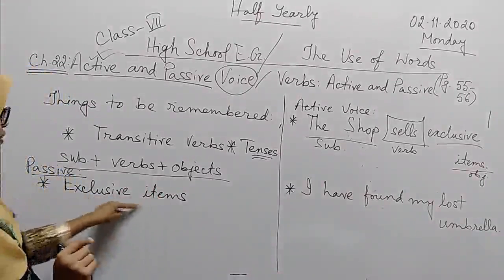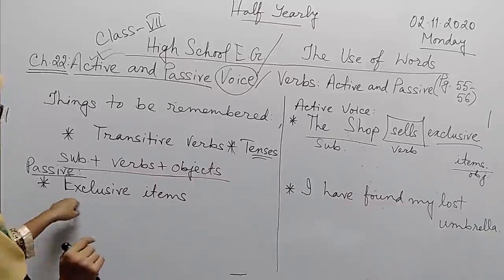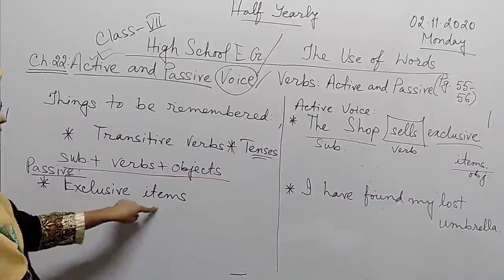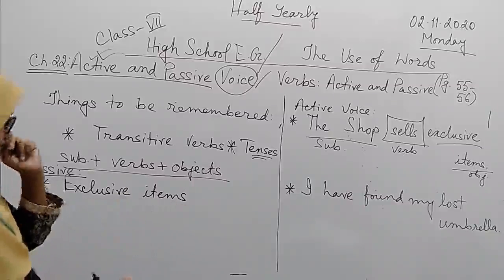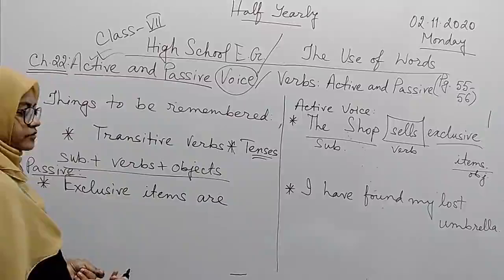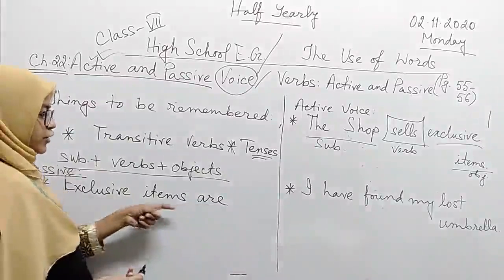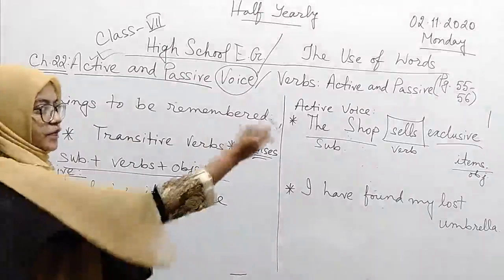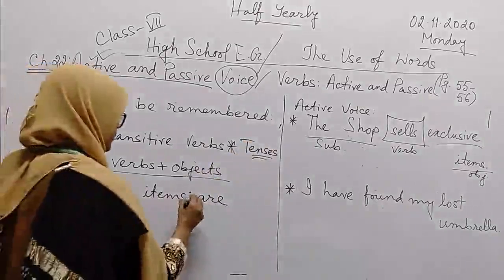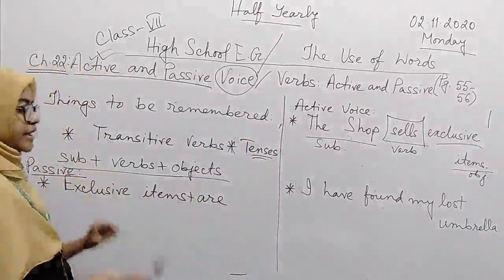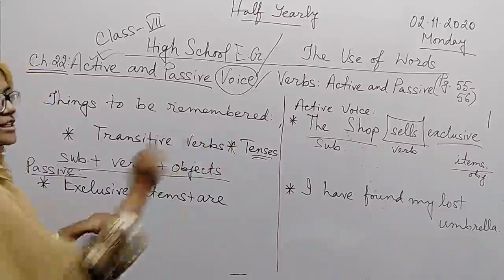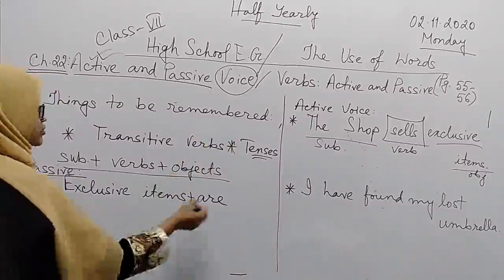This subject here is in plural form. Exclusive items, this is plural. What will we write? Are. Are goes with plurals for present simple. So we need to add the auxiliary verb depending on the number and person and also the tense. Exclusive items are,